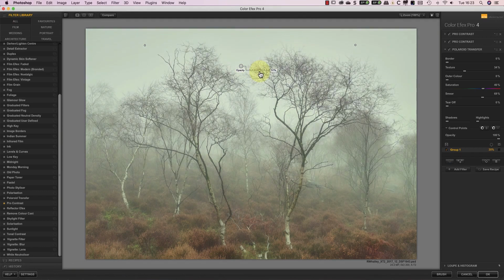Then I only need to select the group to be able to adjust the opacity of all the control points in that group. Now something else that's often missed is that despite the control points being grouped, I can still move each one independently. And I can also resize those individual control points whilst all the time they stay in my group. Combining control points like this and using them with the filter's global opacity slider gives a huge amount of control.